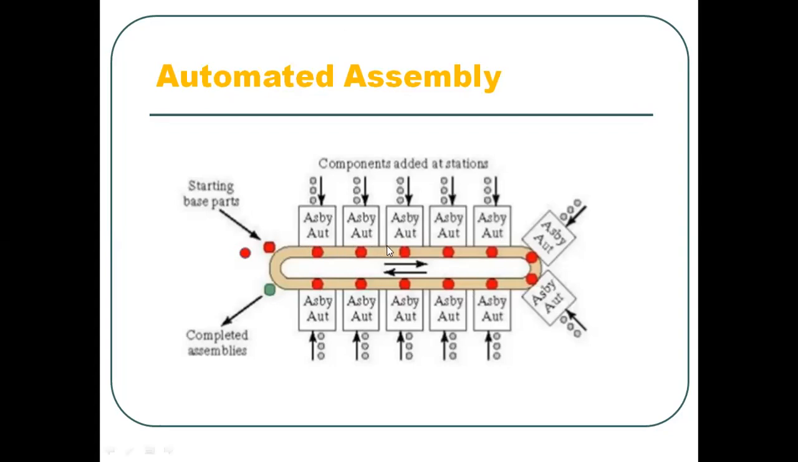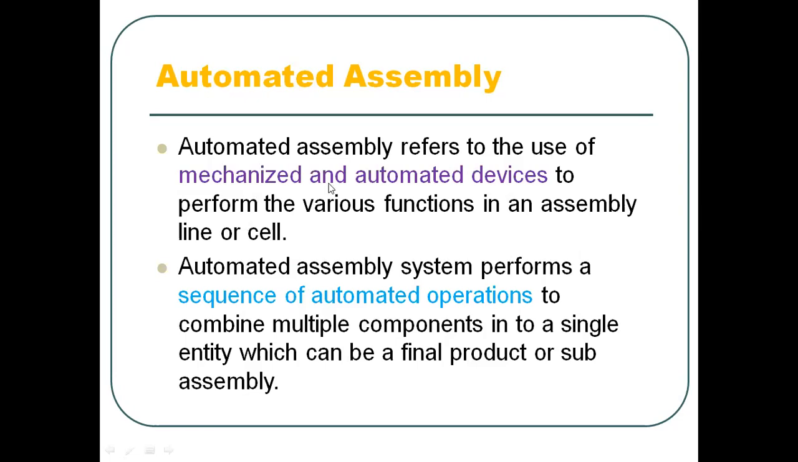So the parts come in and they go through all these. Each workstation adds its own component, or joins it, for example, and then the completed assemblies leave from here. As is obvious, automated assembly uses mechanized and automated devices to perform the various functions in an assembly line or cell, as we can also call it, if it is dedicated to a particular task, right? You have departments made, right? So for a particular thing to do, for example, for the lighting system,